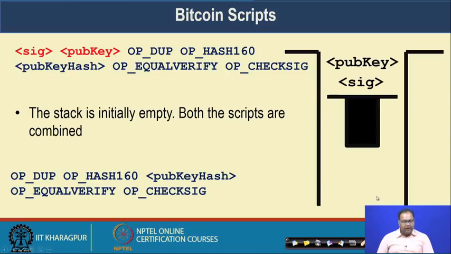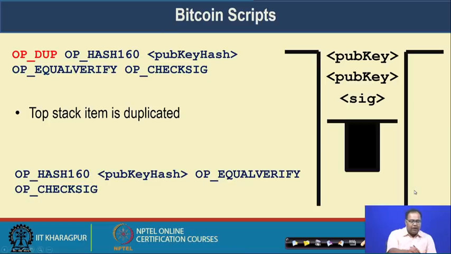Once you have done it, let us process it using a similar concept of the reverse polish notation that we had used to process the fork language. How will we process that? We have initially the signature and the pub key, which are operands. As these are operands, we push them onto the stack. Initially the stack was empty, then we pushed these two operands onto the stack.